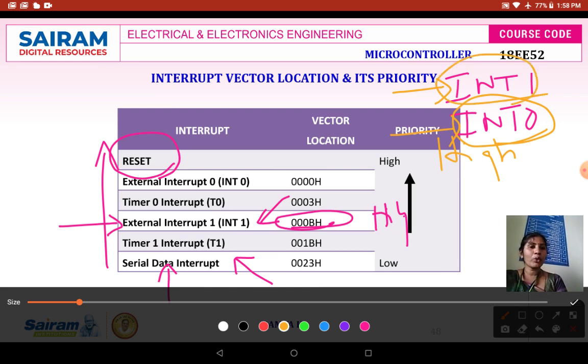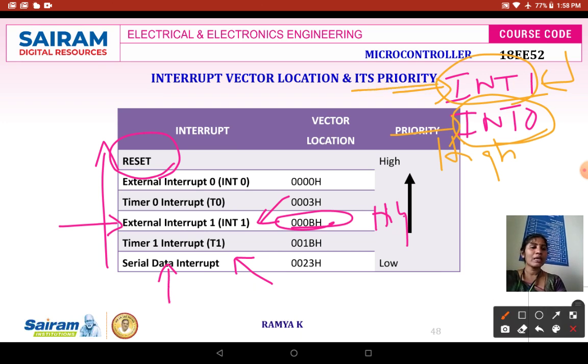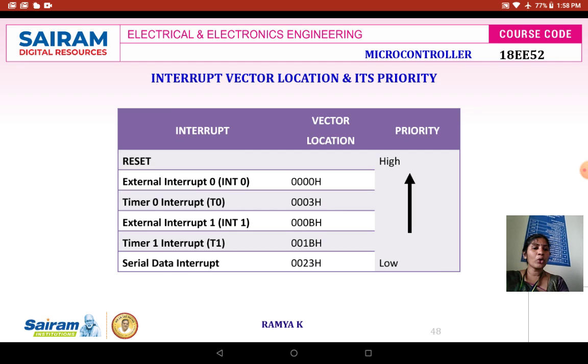Whereas in the case of polling, as INT1 is requested first, INT1 will be served first and INT0 will be served later. So polling serves the interrupts based on the request order, whereas the interrupt priority register makes the 8051 microcontroller execute interrupts based on priority.